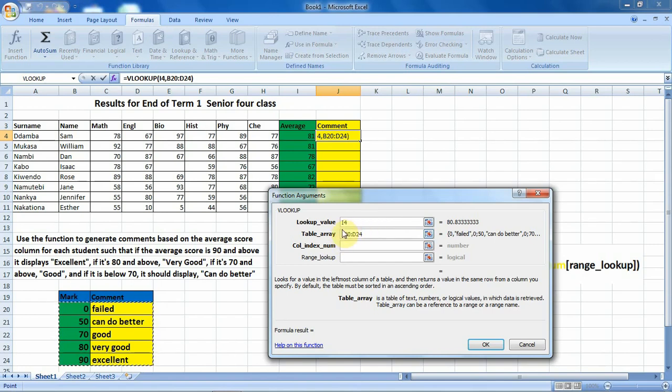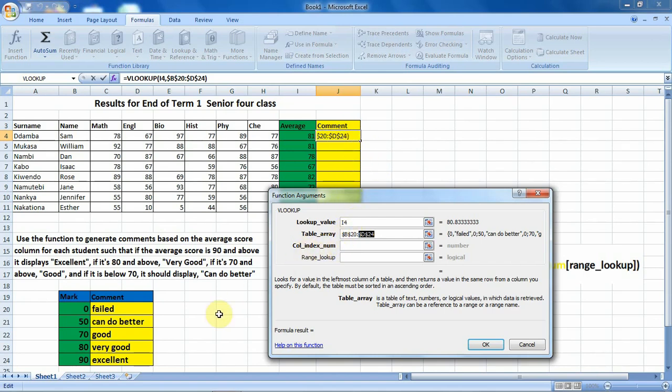To fix the cell range we use the absolute cell reference. So we click on this first cell address, then we insert a $ sign. To insert a $ sign, we press the F4 key on the keyboard. Then we have the $ sign. We click on the next address, then we press F4, and we have the $ sign. In our next step, we have to specify the column number where the values we want to insert are found.